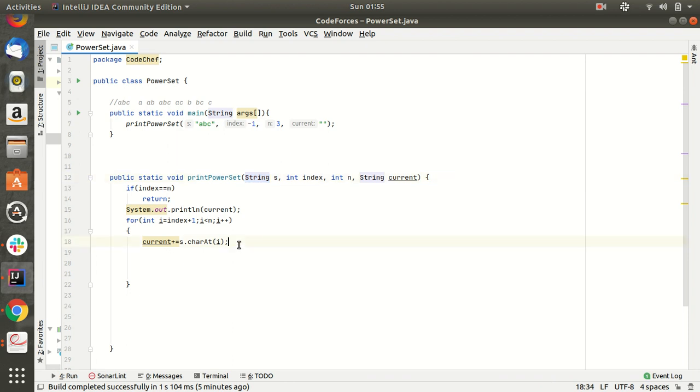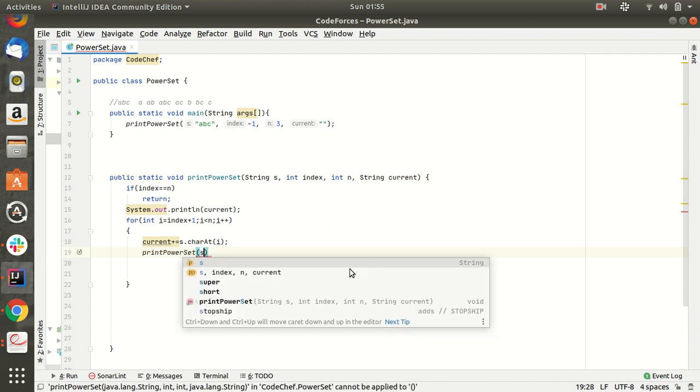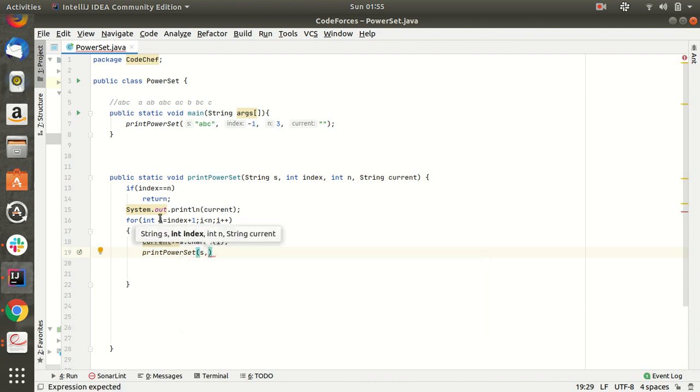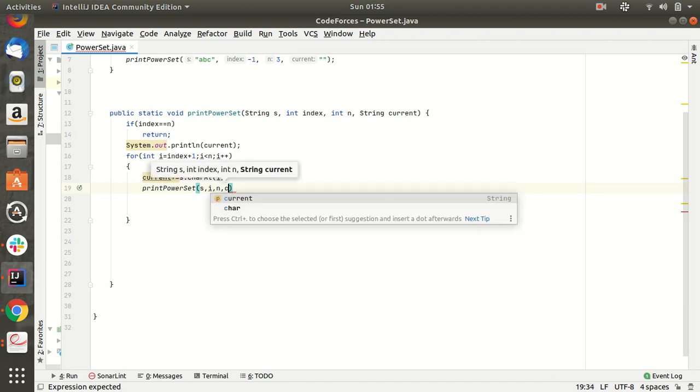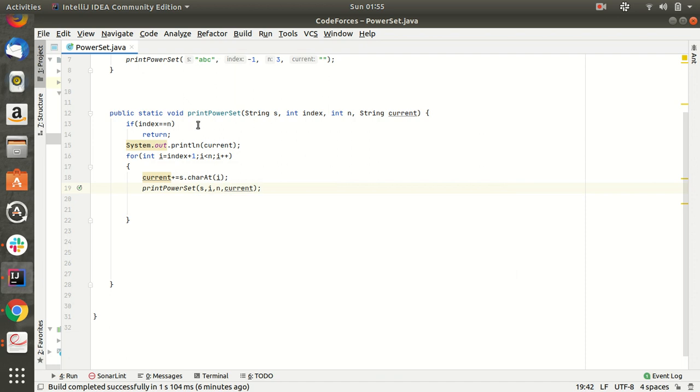I am adding A, and then I recursively call print power set with the new index i, the same n, which is the number of elements, and the current string. Now current will be A, and System.out.println will print A. Then again it goes inside the loop with index plus 1. Like this it will go on recursively.